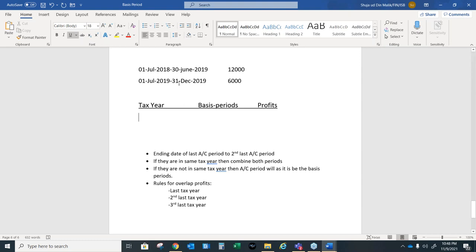In this case, we combine both the periods. When we combine both the periods, we take the starting date of the second last accounting period, and we take the ending date of the last accounting period. So we will be taking 1st July 2018 till 31st December 2019. Again, if we are given overlap profits